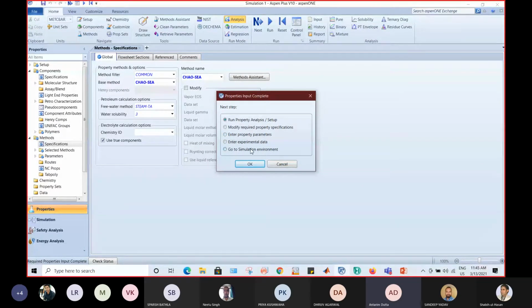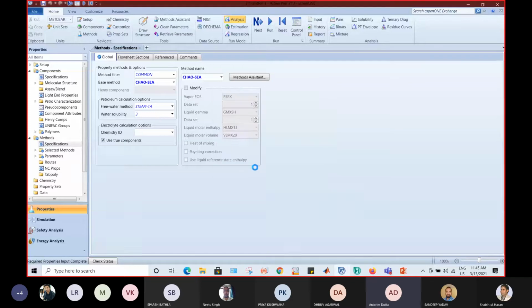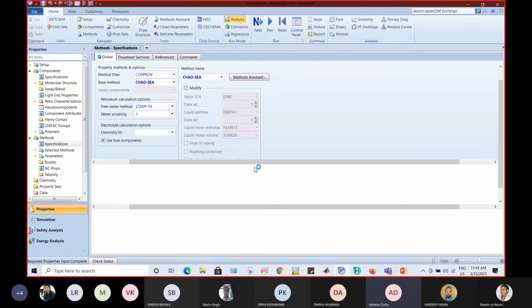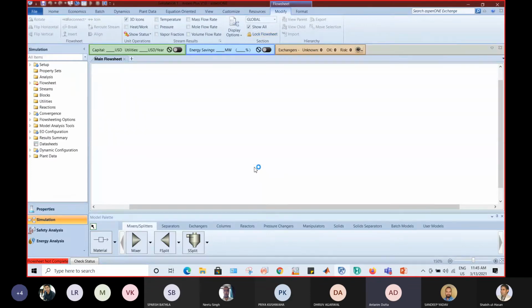So once I hit OK, Aspen will navigate to this particular simulation environment UI, where I need to draw my flow sheet. So for now, we are interested in again working on the mixture only. So I will select this particular model. I will space things out a bit so that we can cover the complete lecture in the desired time. I will be renaming it as mixer. Then I will be adding my streams. I have two streams with me.